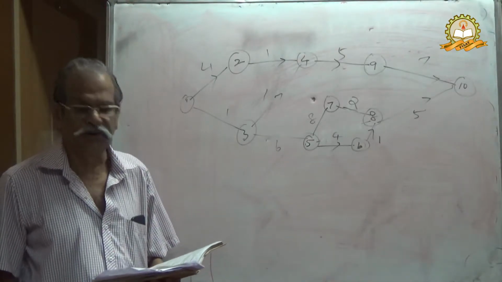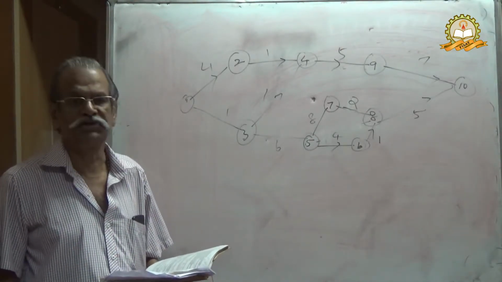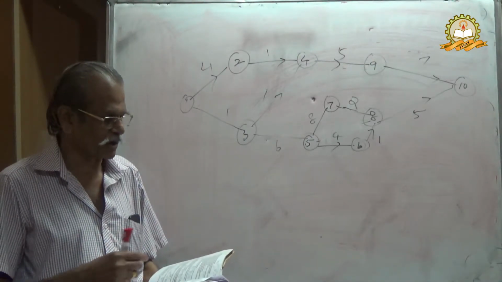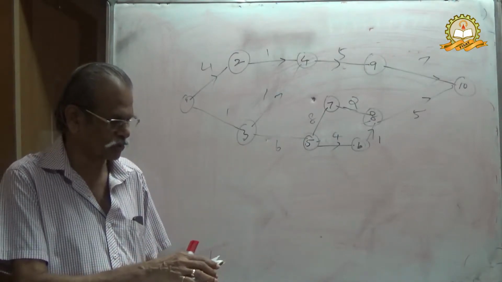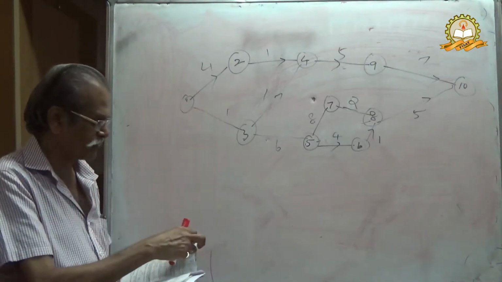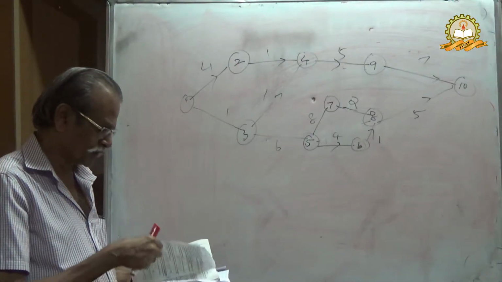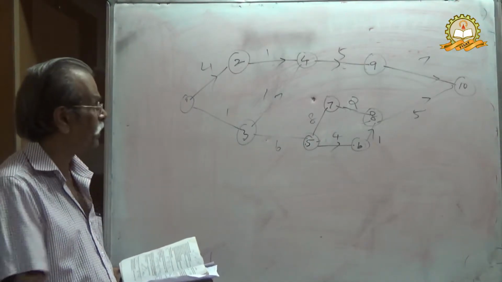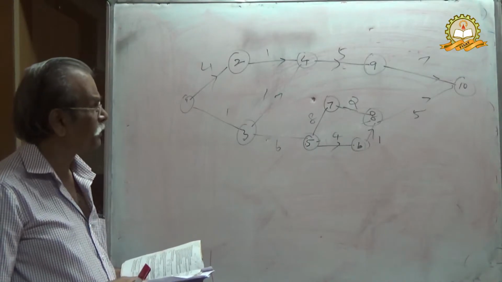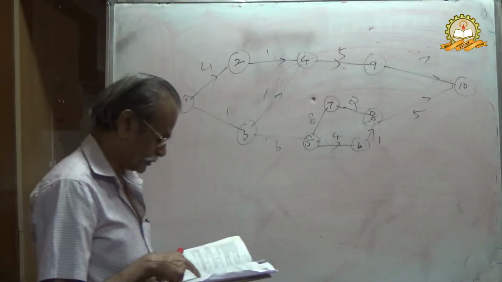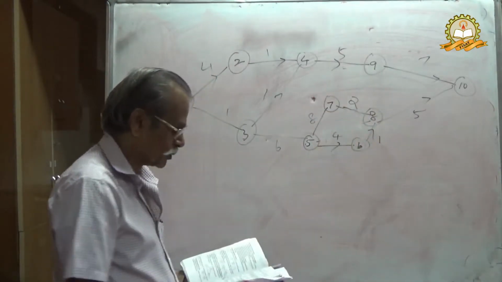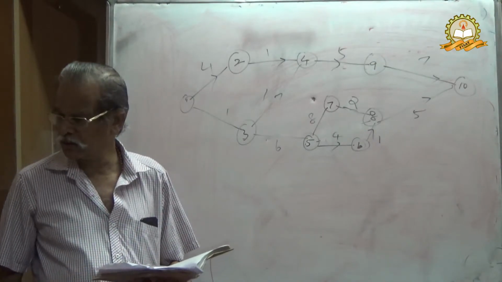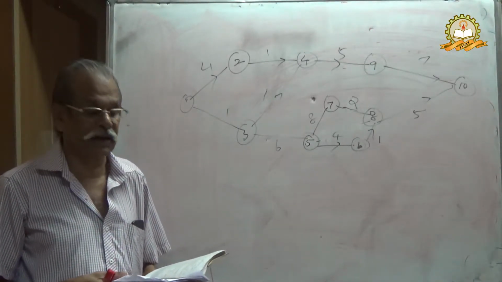Now we proceed with network analysis, initially CPM, the critical path method. Last class we drew a network for the given question as follows: 1 to 2, 4, and so on. We came down to 10 numbers: 9 to 10 has 7. So mark that. Now we proceed. We have found out the network diagram initially.